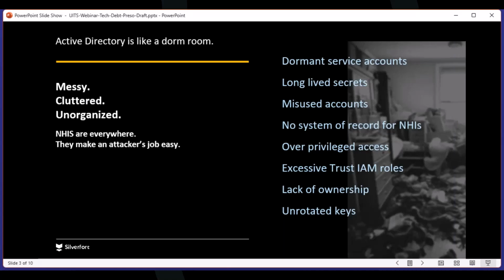And then finally, the last one is unrotated keys. And for Active Directory, I'd say this is good practice related to the current TGT. That's a big one where we've learned over time that it's not okay to just keep that same token going for a long time. It helps us to mitigate things like golden ticket attacks. It aligns with best practices, and it really prevents stale credentials. So rotating your current TGT is a really good practice that maybe not everybody looks at.